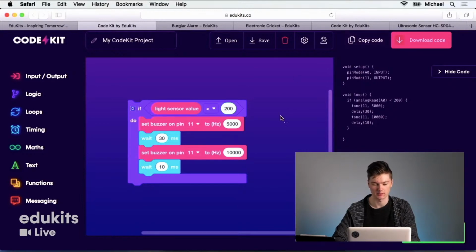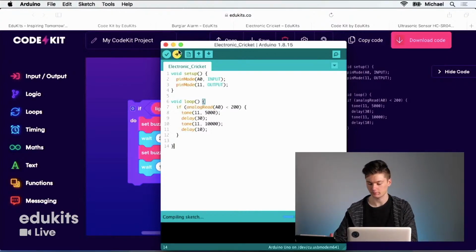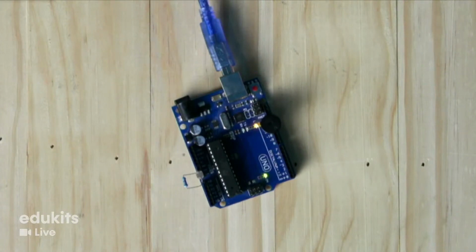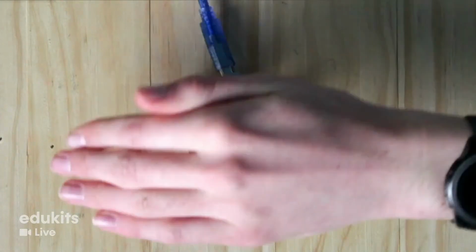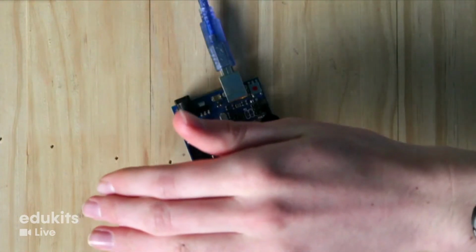Okay, let's copy the code, paste it in and upload it. Okay, it's uploading now and it's uploaded. Now, there's lights on that you can see, but I'll just use my hand to cover the light, and you'll notice it makes a sound.